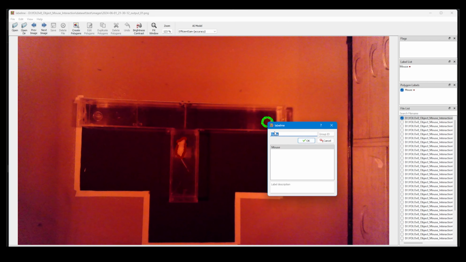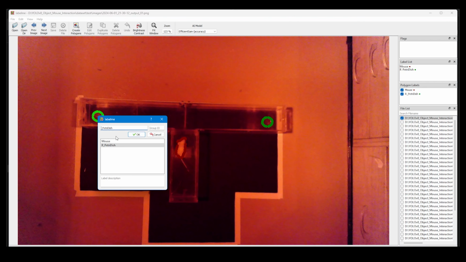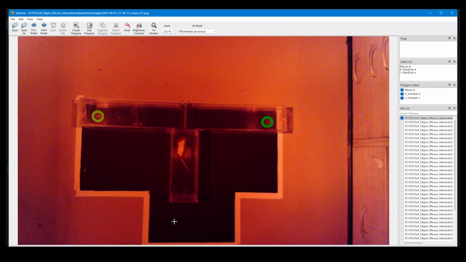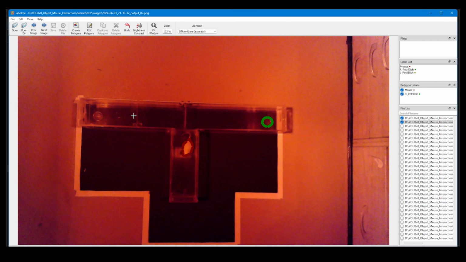So utilizing an automatic segmentation tool like Efficient SAM here, I'm going to segment out the mouse from the background and label that as mouse. I'm also interested in labeling these petri dishes. These petri dishes are going to be my left and right novel object in this example, but for your own dataset this may be variable. Nevertheless, you can utilize this example and understand the basics of how to use YOLO V8 to do your novel object interaction analysis. And here I'm going to quickly finish labeling all of my dataset, and then I will show you what to do next.